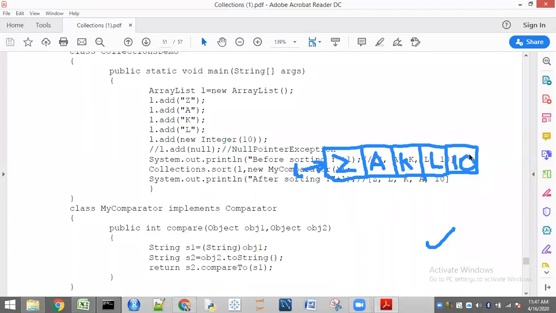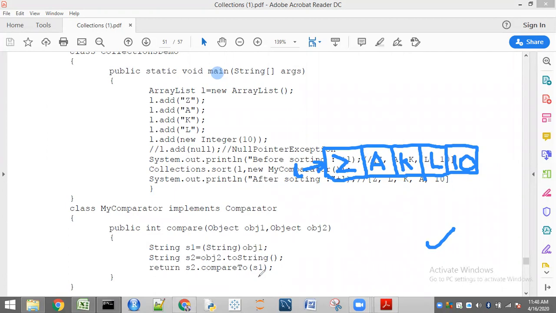Already those are strings. The reason I am applying these is that we are going to have some other type of objects, so I am converting them into string type. Anyway, in S1 I have Z, and in S2 I have A. Already you know the compareTo method. Let us consider S1 is Z. So listen carefully. S1 is here, what will be there? Z, sorry.